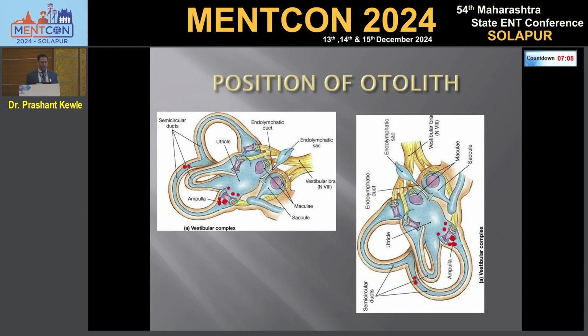Now our third position, particles are on the utricle side. Right? I am talking about these particles. We have short arm, free floating and cupulolithiasis. So these particles, when you do this, again they will go toward the cupula. How is the deflection? Away from the utricle. So what will you get again? Right beating nystagmus on Dix-Hallpike. But see, the utricle is a bigger cavity, so the impulse is very less. You will see a feeble nystagmus. It will stop in say 40 seconds.